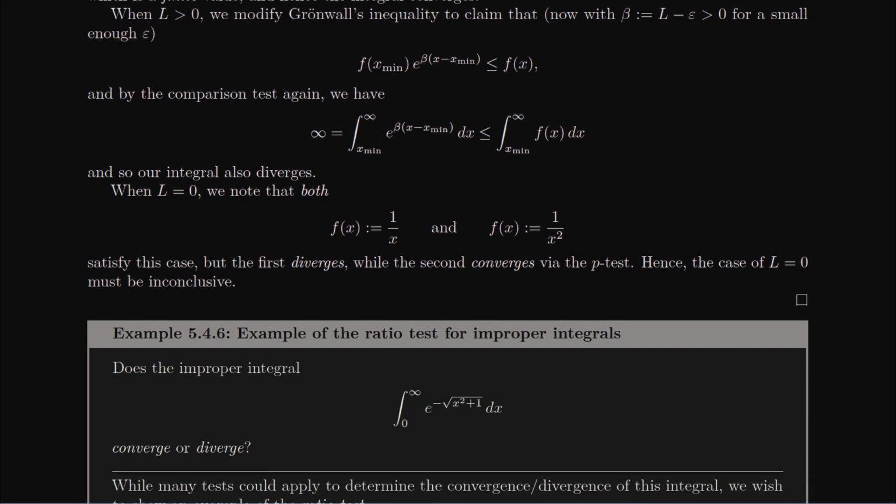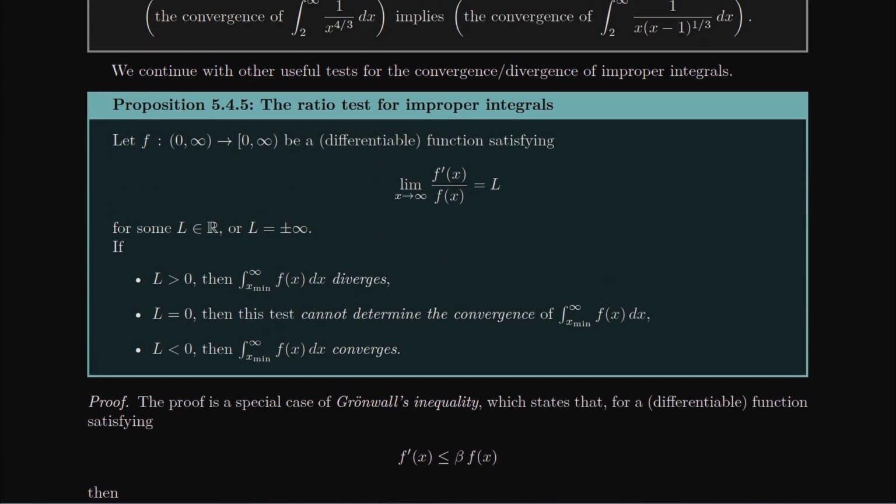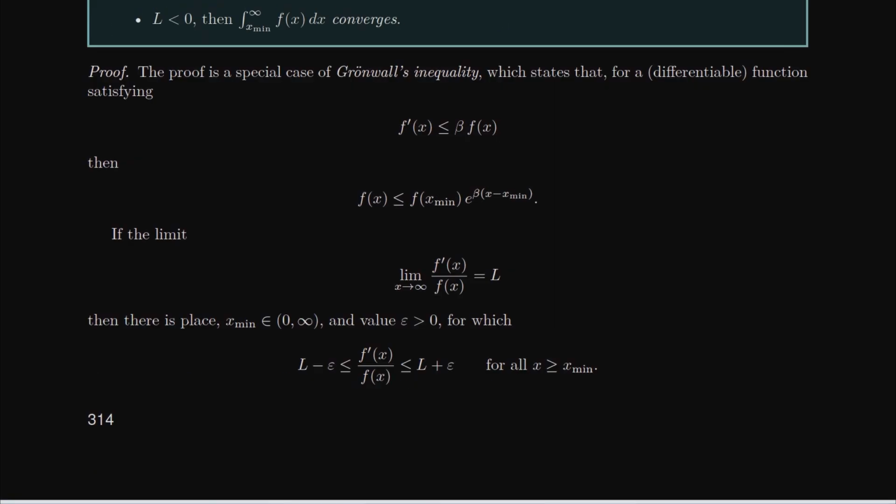Now, what does the ratio test say I need my value to be? I need my value to be either positive, 0, or negative, and I really hope it's not 0, because the test doesn't do anything if it's 0. So I'm just asking questions about positive, negative, or 0 here. That number, negative 1, definitely is a negative number. And so the ratio test says, hey, negative numbers, exponential decay, this integral converges. And so quite easy, actually.